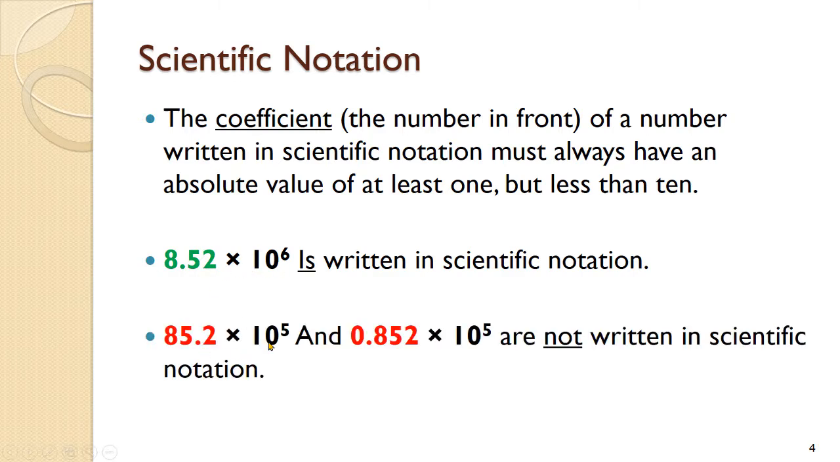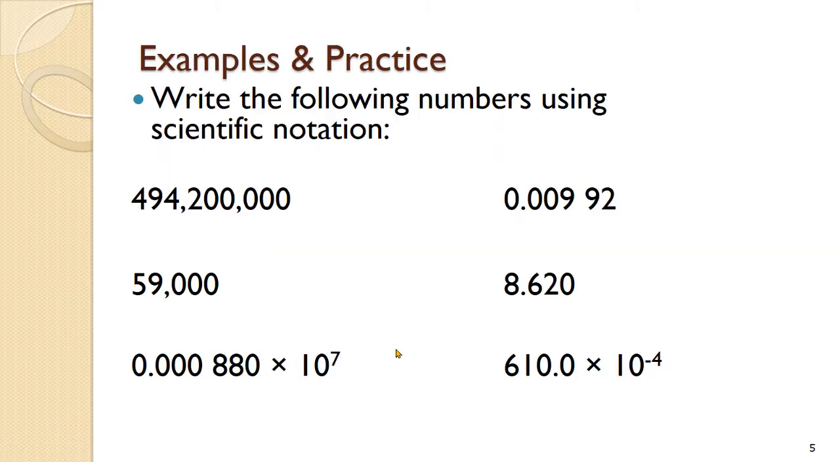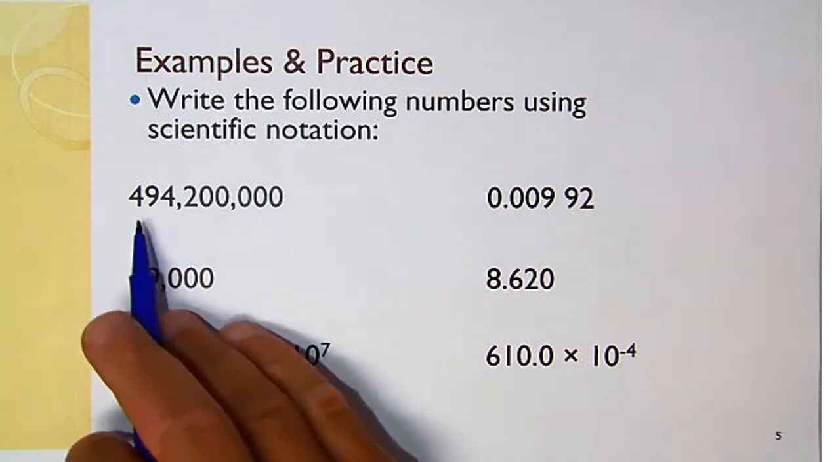However, 85.2 times 10 to the 5th, that's not in scientific notation. That front coefficient is too big. And 0.852 times 10 to the 5th, that front coefficient is too small. Now, we should be able to adjust numbers like that, and we will in just a minute, but they are not in scientific notation. So let's take a minute and take these 6 numbers and write them all in scientific notation. Let's start with